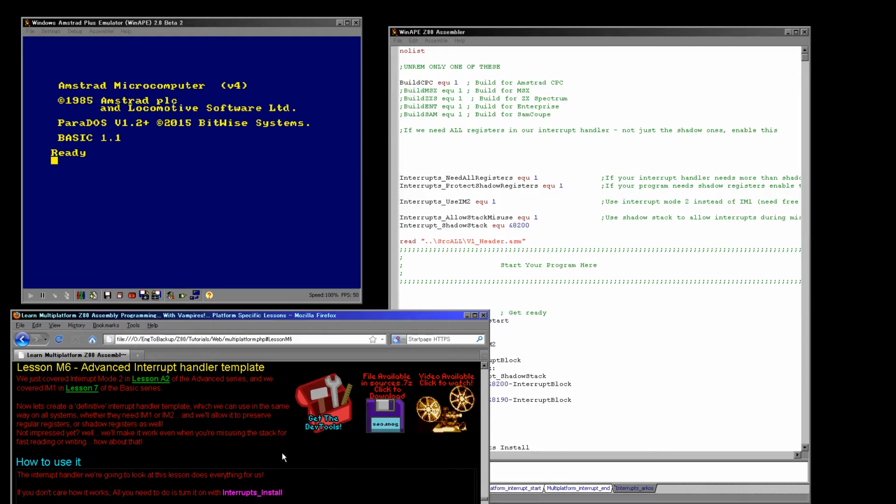has with regards to, I've mentioned in the past, how to misuse the stack for fast reading and writing, and usually because the interrupt handler will write to the stack when it calls, this means you have to disable interrupts. But in limited cases, if you're careful, you can actually use the stack for fast reading and writing but keep